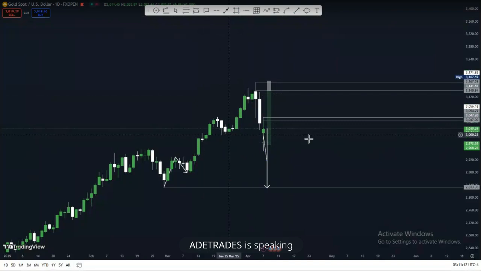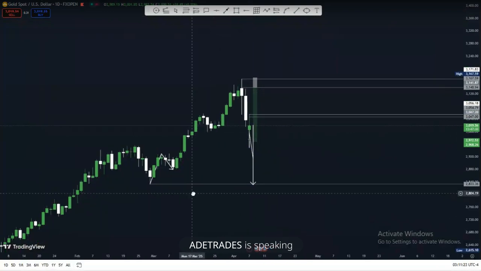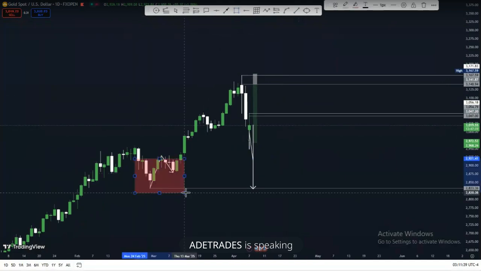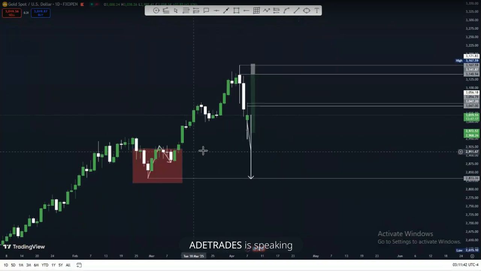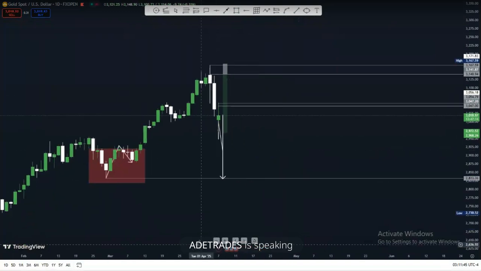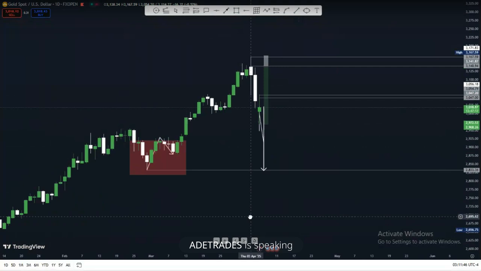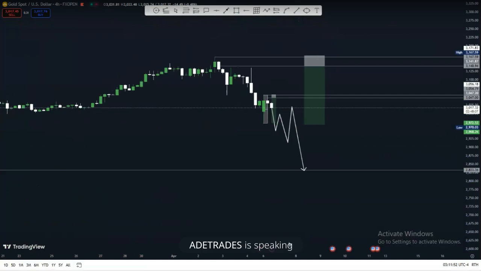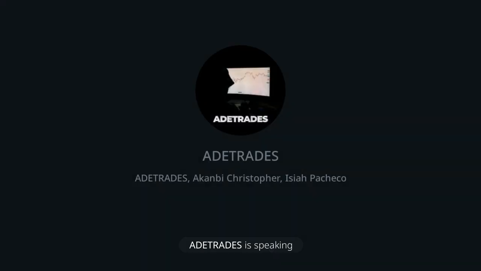So all we can be looking out for currently is to short gold to 2,800. Yeah, 2,833, or just say 2,800. Right, just to short gold to this area. That's all we can be looking out for currently, to short gold to this area, right? So now we're looking for gold entries. I'll explain the reason why I took those entries, right? So here's the main swing structure where we're looking at entries for, right?